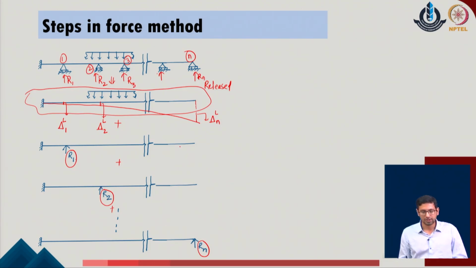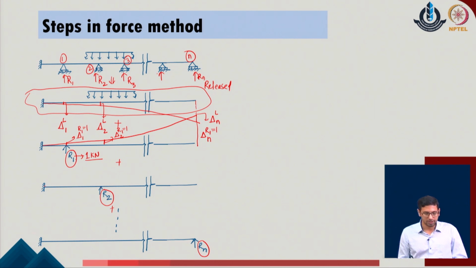As I am going with the second system where the redundant R1 is applied as external load on the determinate system, we consider the deflected profile, and now as the R1 value is not known to us, it is an unknown value for the given system, we consider this load to be 1 unit in the given problem. And as we apply the unit load in the given system, corresponding to that we evaluate the value of the deflection over here, which is delta at the position 1 due to the R1. Similarly, delta at the position of 2 due to the R1, and similarly over here delta at the position of n due to the R1 of the given system. We have considered that the value of the load is 1 unit, and that is what gives us the similar definition of the flexibility which we defined earlier.